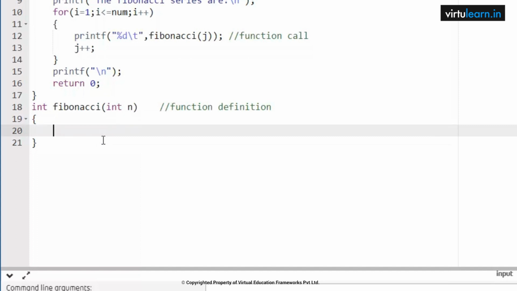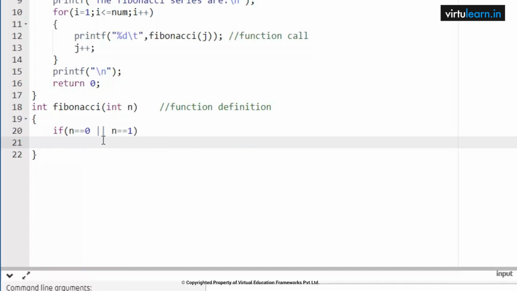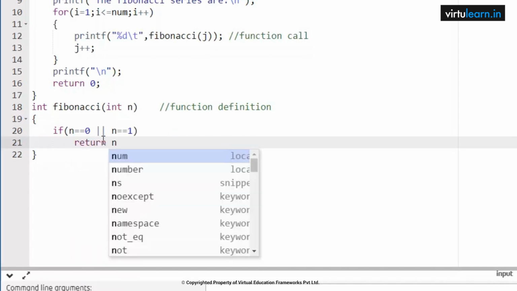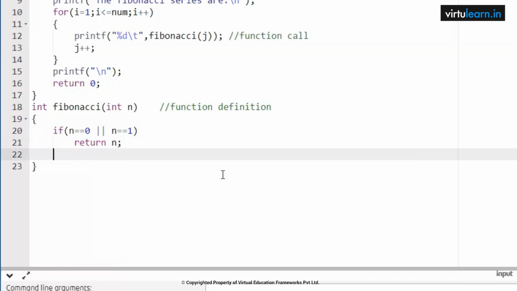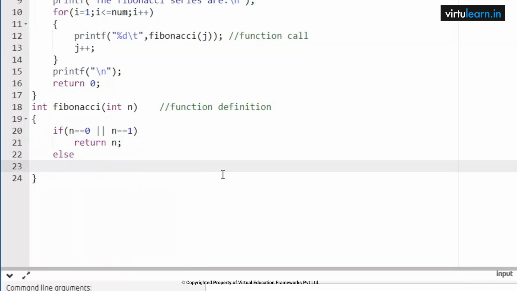Now here we are going to write the condition: if n is double equal to 0 or n is double equal to 1, then return the n value itself, because we are printing this value here in the for loop. So it will return n, else